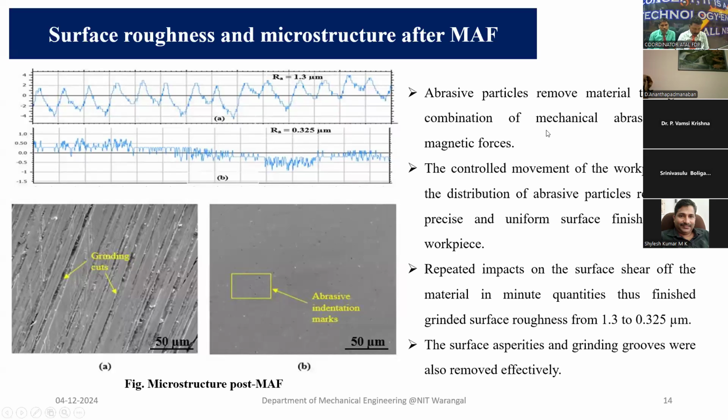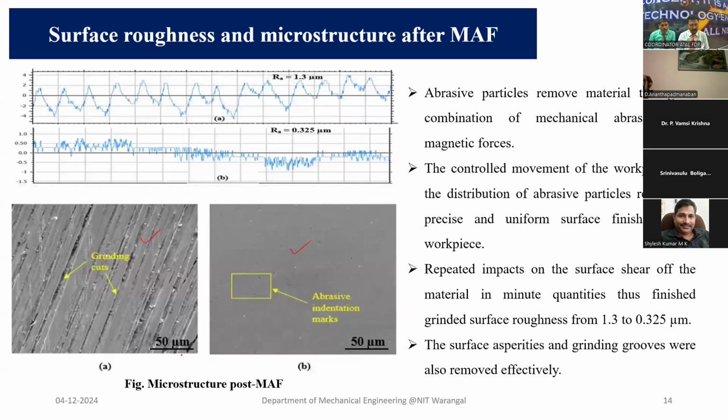So then, once after doing this process, the surface finish or surface roughness or microstructure of the components are like this. You can see this is the component before the process, and this is the component after the process. Of course, this is not an additively manufactured component. This is a normal component. I will show you an additively manufactured component later.